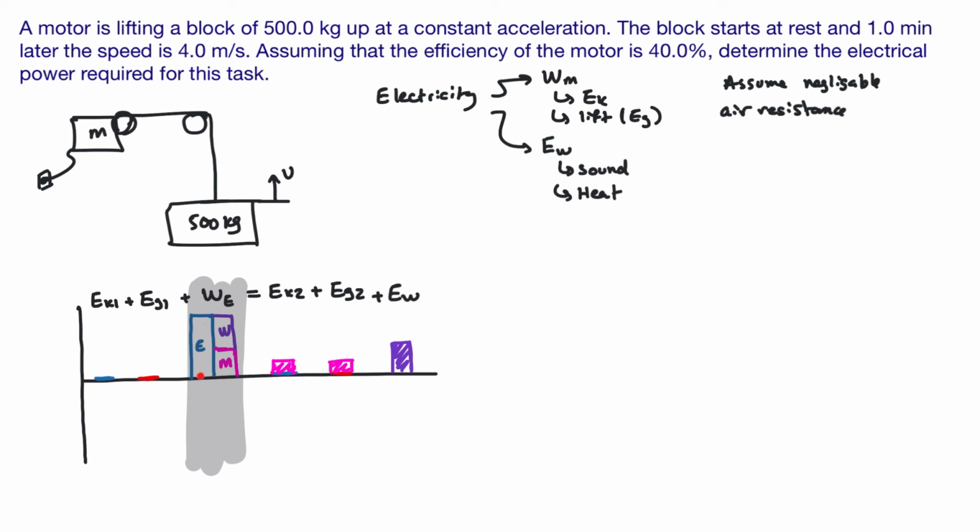But in order to find this, we need to find the work done by the motor and then use the 40% to find this. And to find the work done by the motor, I need to figure out the kinetic energy at stage 2 and the gravitational energy at stage 2. I have the velocity at stage 2, so I can use that to find the kinetic energy at stage 2, but I don't have the